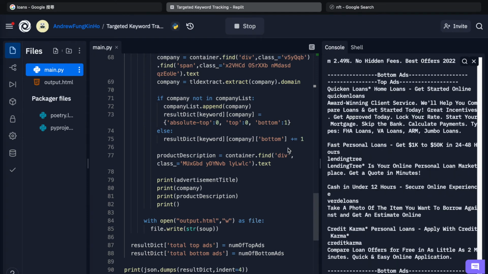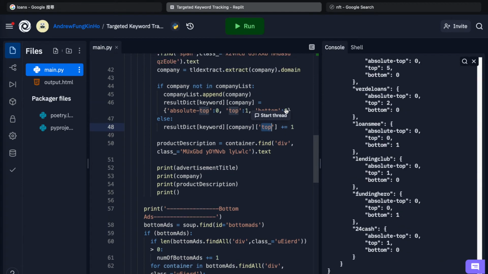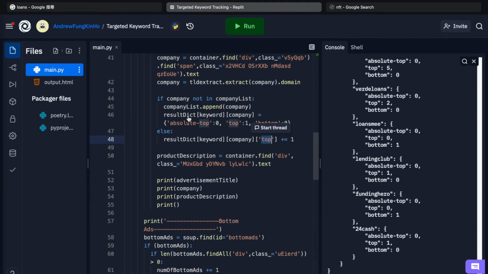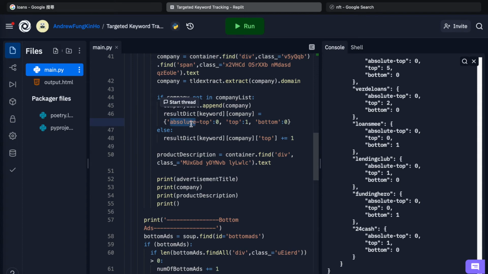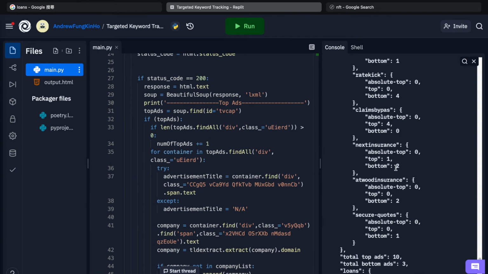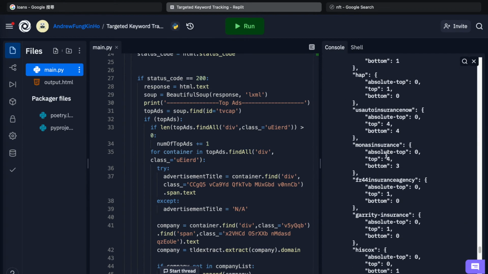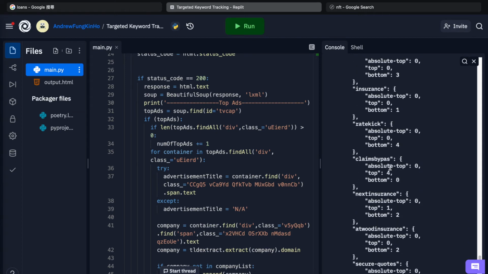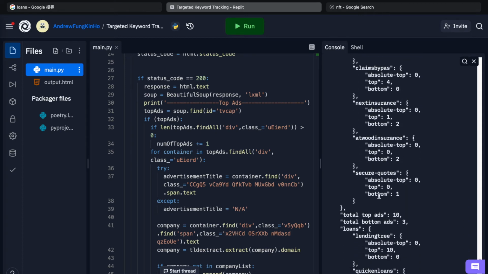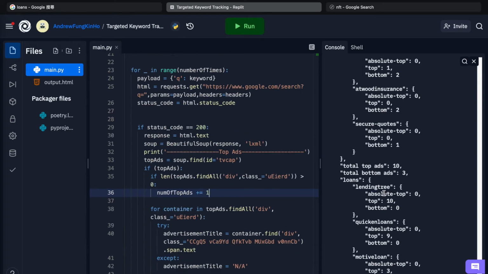So bear in mind that we only manipulated the bottom and also top advertisement only. We added one whenever we detect like the company is not inside the company list. If it is, then we add to the results dictionary. We haven't defined how we get the absolute top. So now we will actually go ahead and look at the resultant dictionaries. We see a lot of companies inside this keyword. We see Progressive, Insurify have these kind of companies. We don't know which company is the top performer or which time they rank highest in absolute top. So then we can define the absolute top